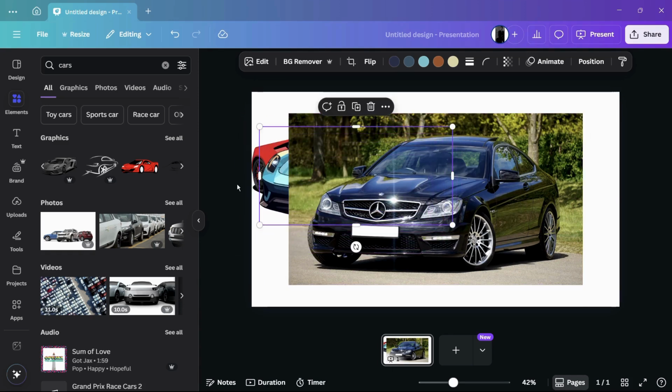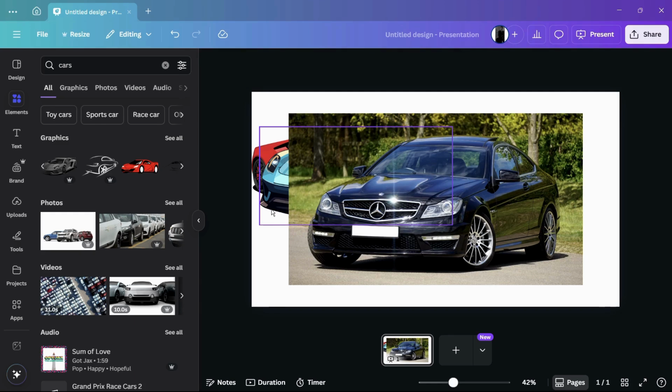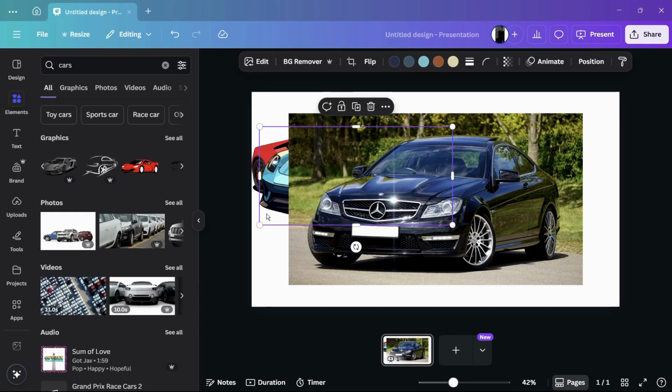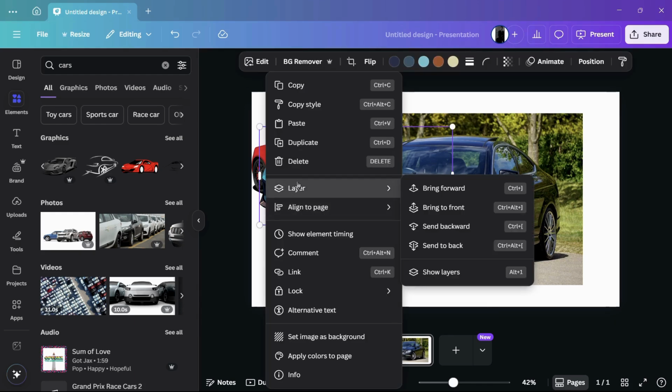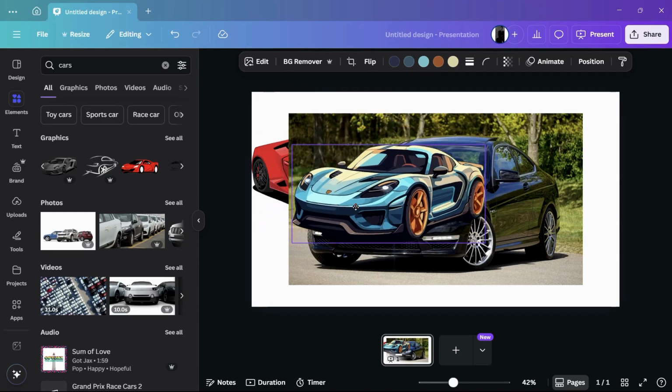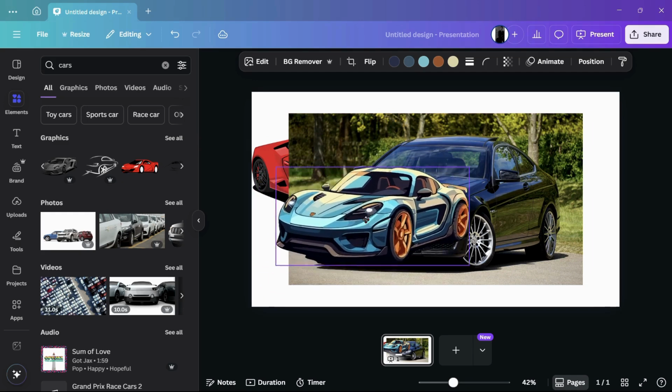And now to make this particular image appear at the most front, what I can do is simply right click again, go to layers, and then choose bring to front. So simply click on to bring to front, and here you can see that now it is coming at the